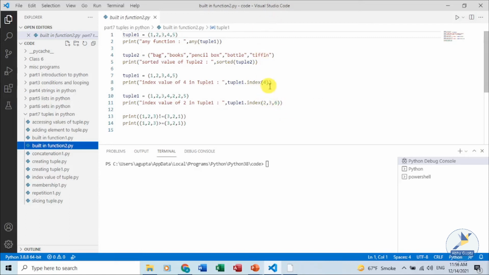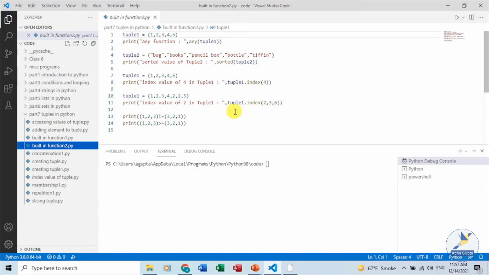For example, we are passing 4, so it will look for 4 in the tuple and give me the position where 4 is positioned. We can also provide a start and an end value, from where we want to start searching the data and where we want to end it.